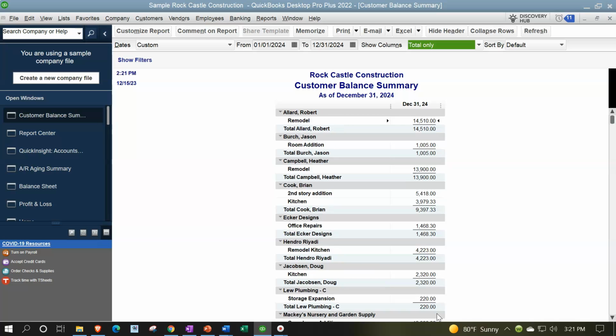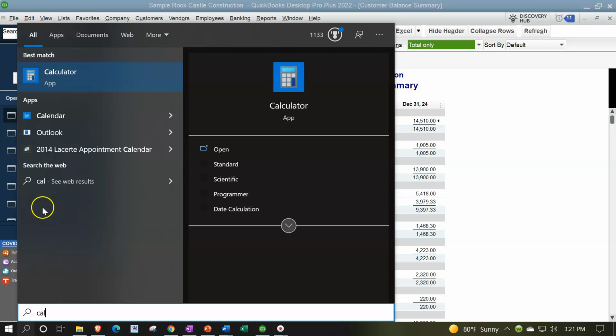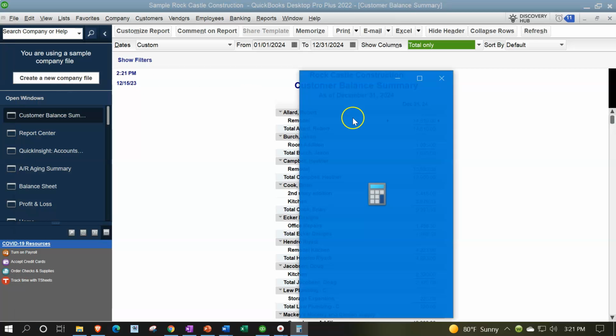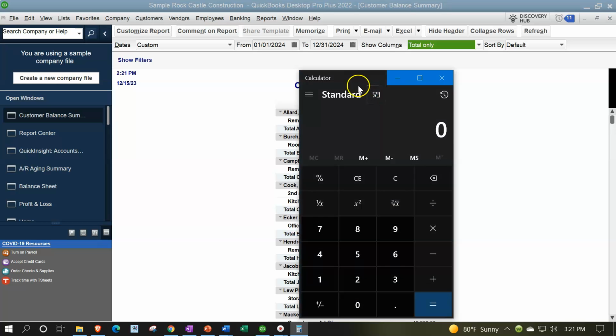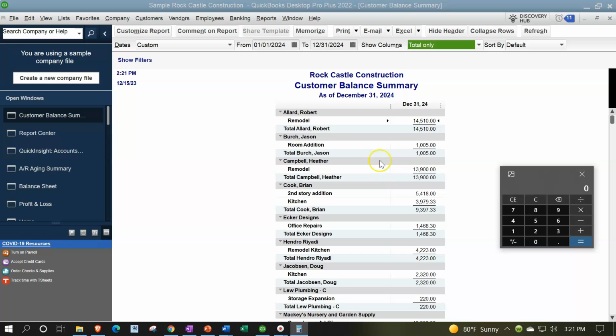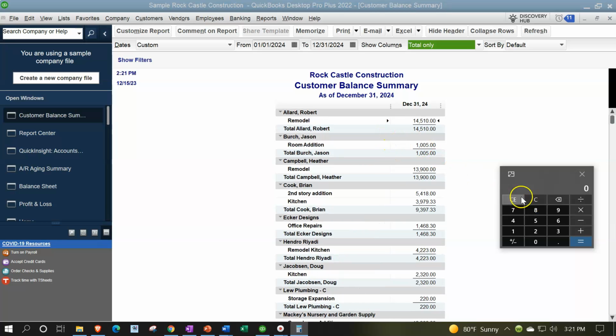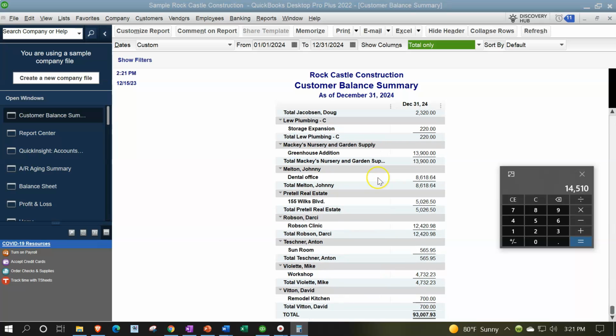393,007. And if I was to take a look at, say, let's pull up a customer, a larger customer, pulling out the trusty calculator. Calculator, we need some calculations. Calculator to the rescue. We want to take a look at a larger one here. Let's say we got this one that is Allard Robert. So that's going to be 14510 divided by the total,